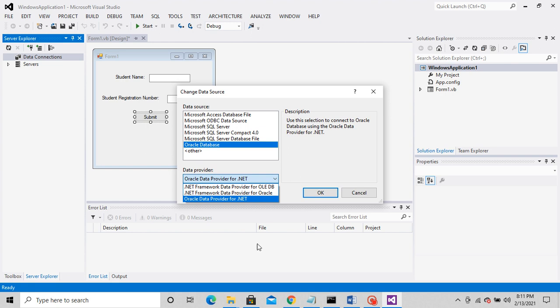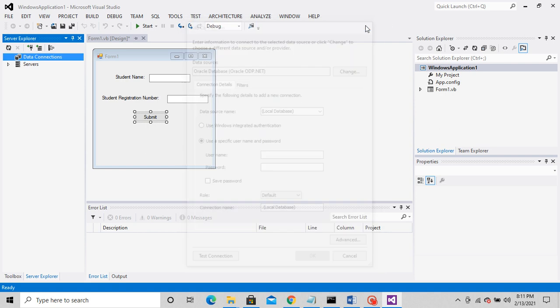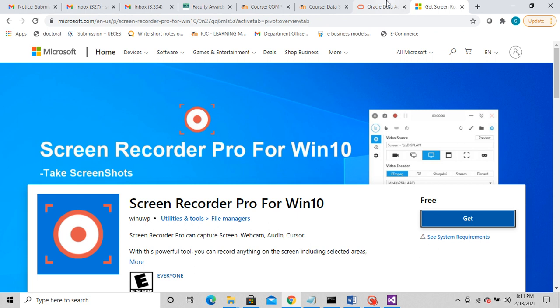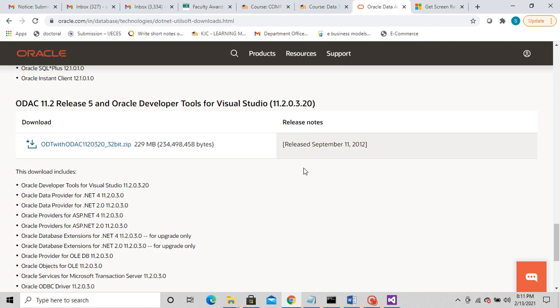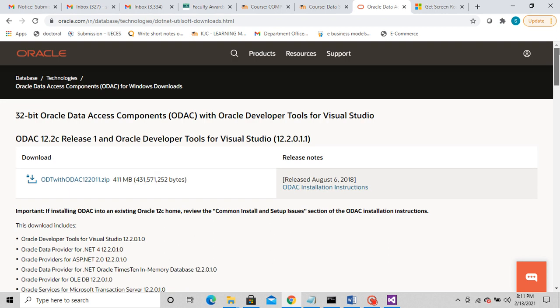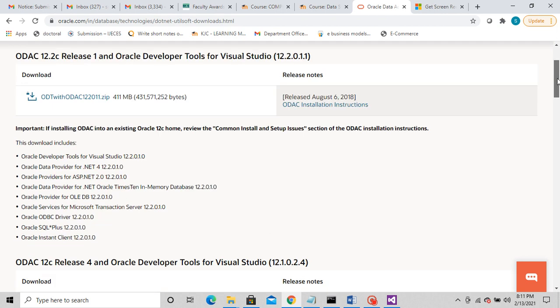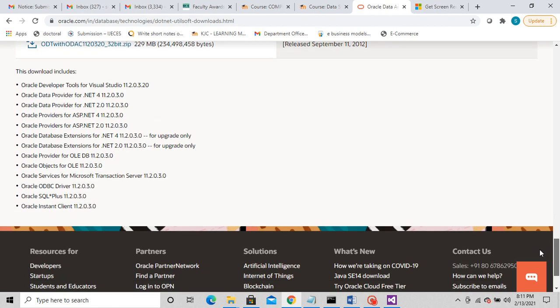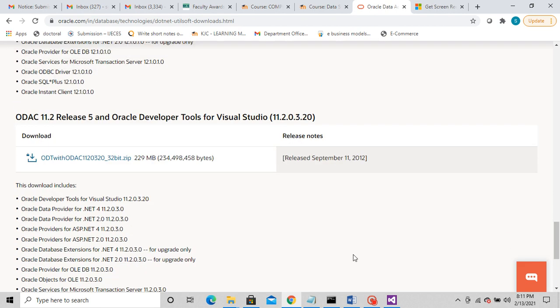So after you install the software, I'll just go to the, yeah. So this is the website from where I have actually downloaded it. And you can see here that there are multiple options, okay? For downloading the ODAC, we are getting multiple options here. From that, I have selected the last one, okay, students? So there is a specific reason why I selected the last option here.